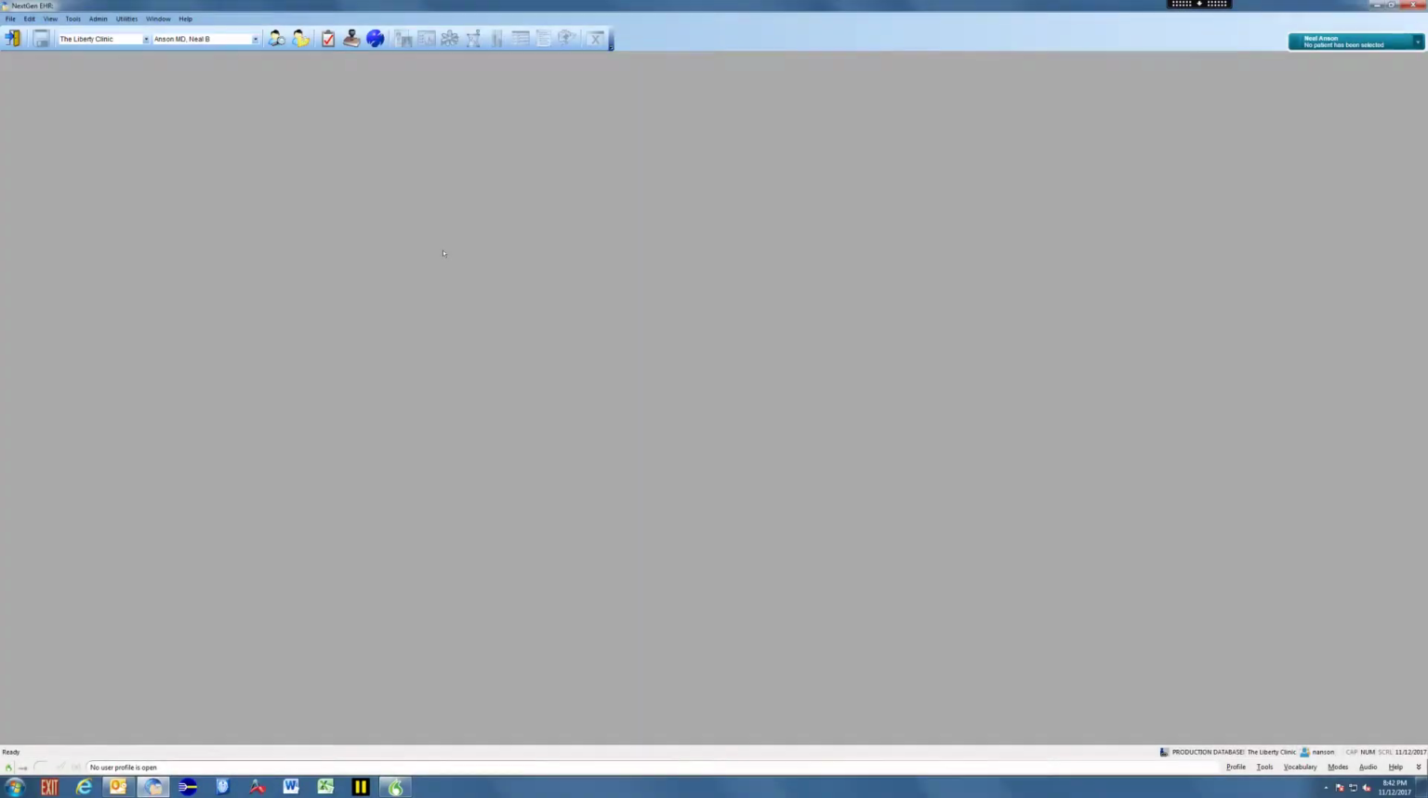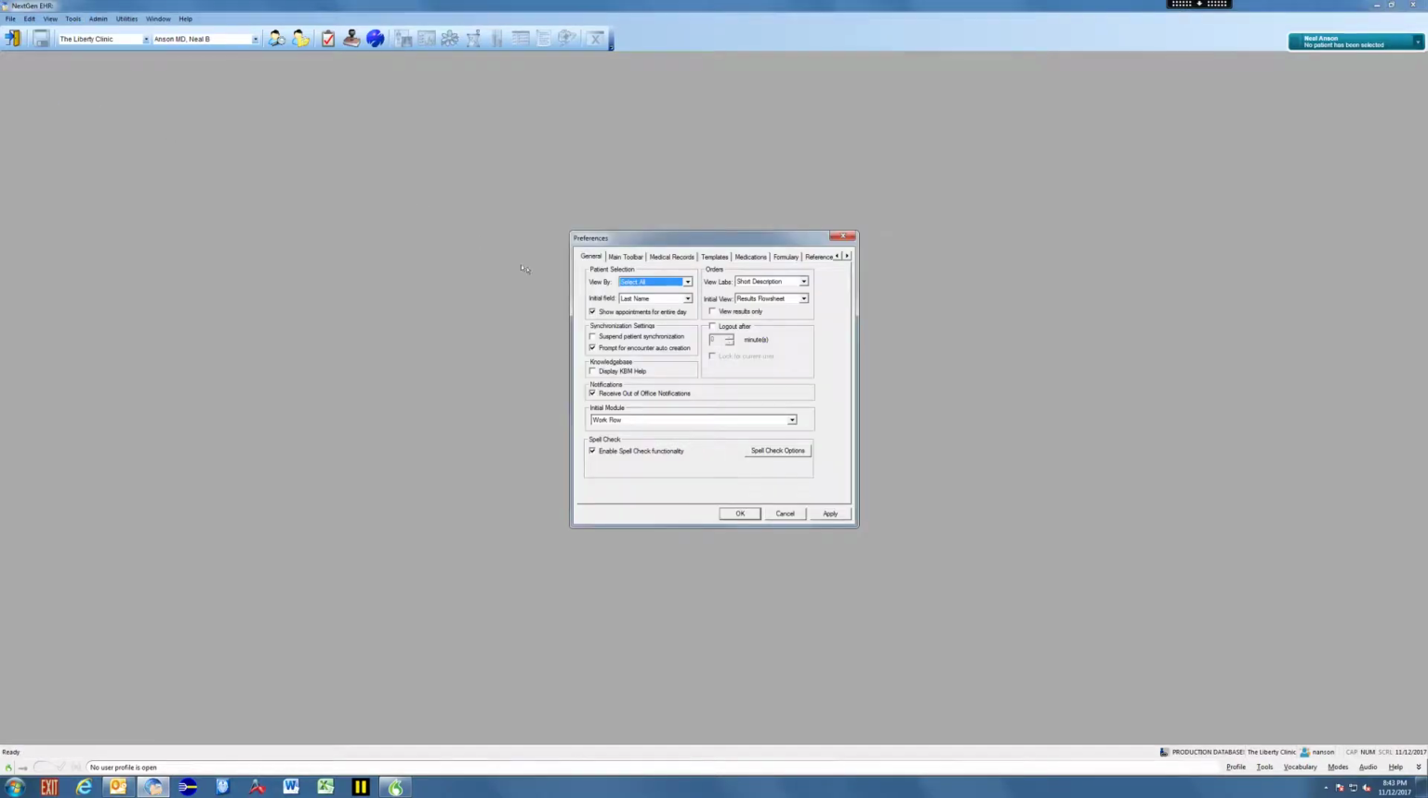Okay, everybody, we're going to go through some basic strategies to help set up your settings following the upgrade. First thing you're going to want to do is go to Tools, Preferences, and review your preferences to make sure